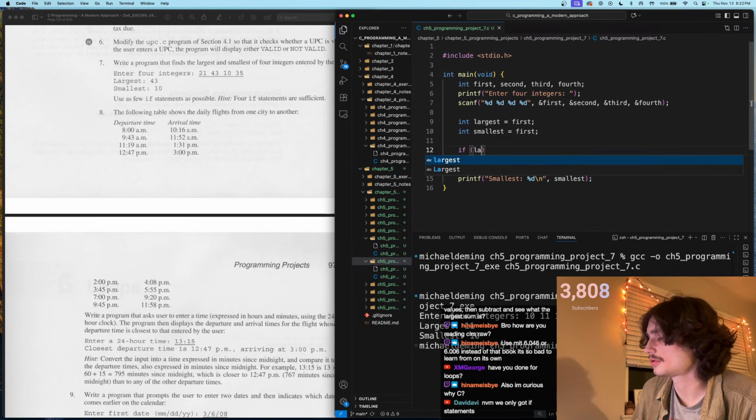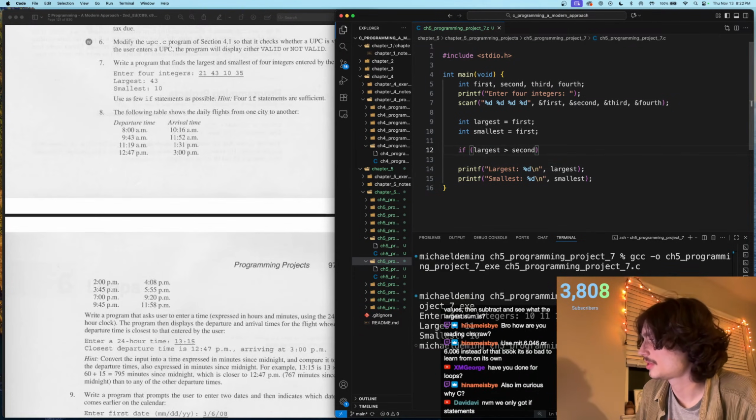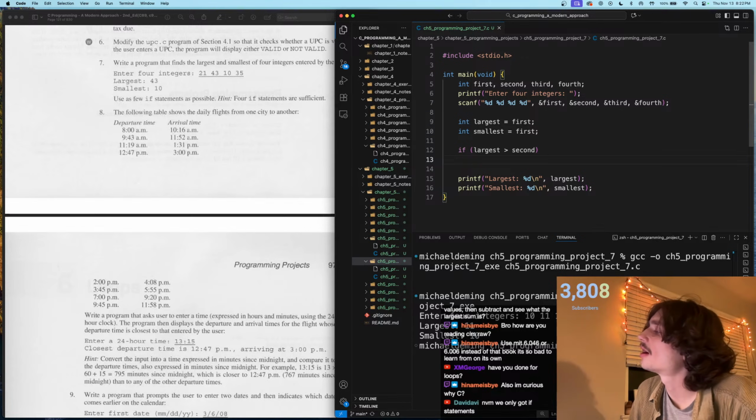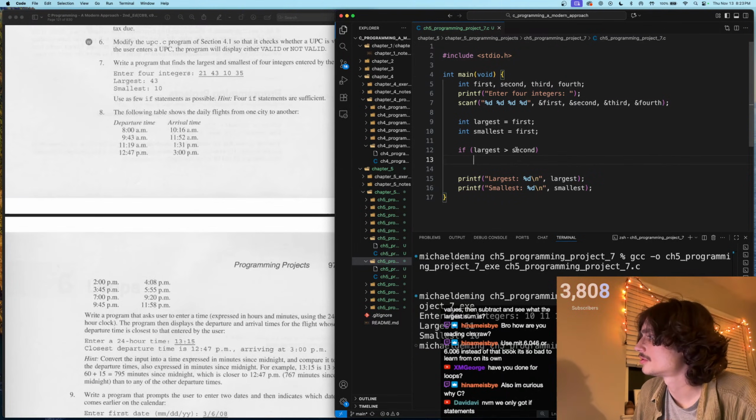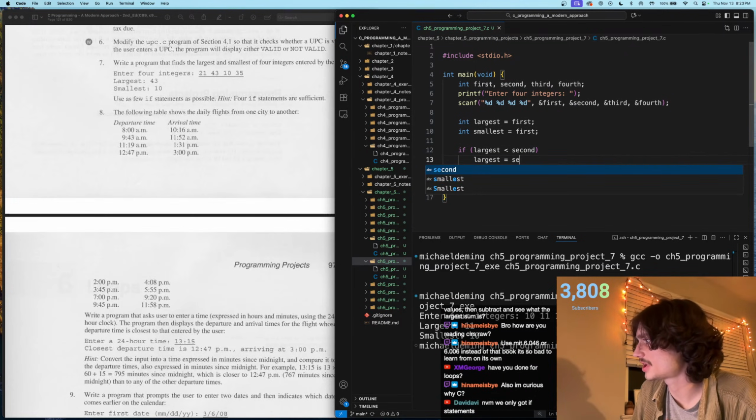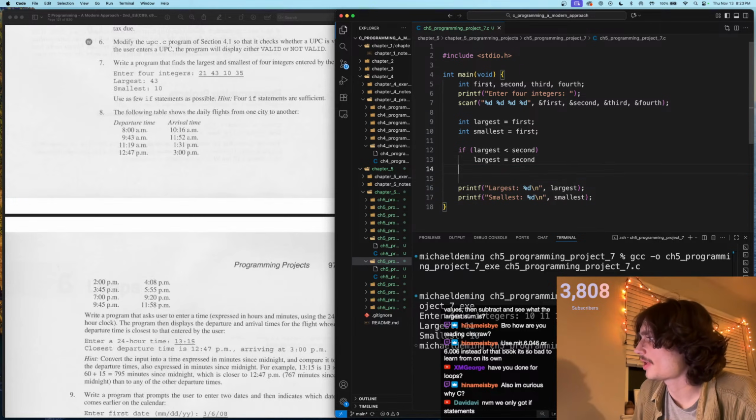If largest is greater than the second value, then the largest is going to equal the second value. No. Sorry. If largest value is less than the second value, then largest will equal the second value, right? And our smallest will remain